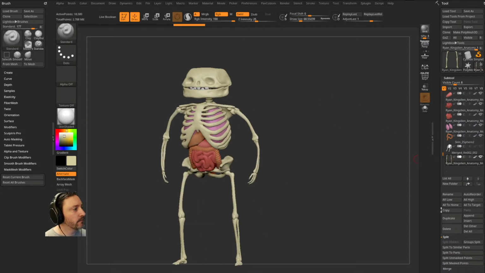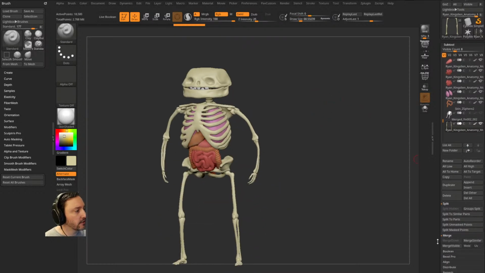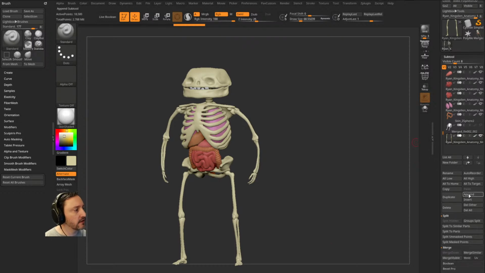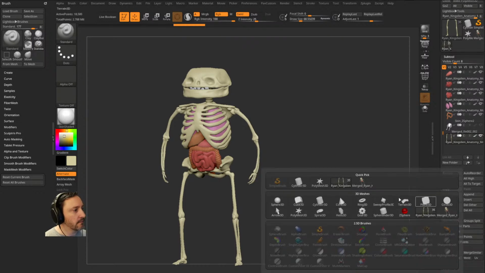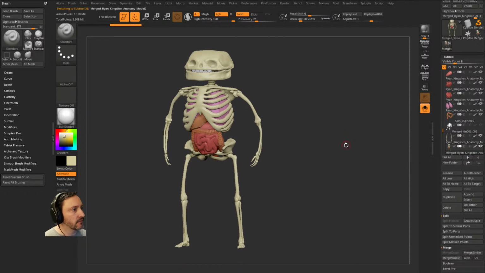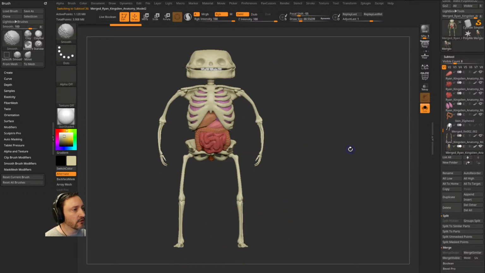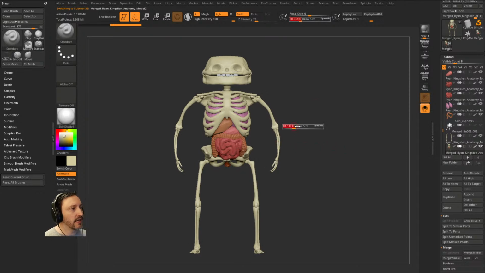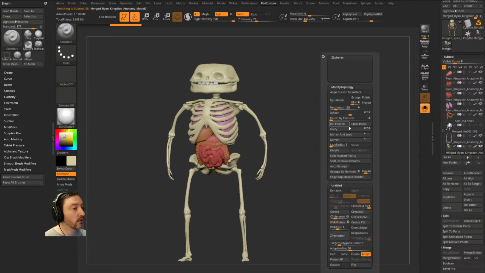So one thing we can do is we can go in here to say merge visible. It's going to merge everything in our scene. Append that merged result. Here's our merged result here. And now I have a go into solo mode. Here's everything we were looking at all as one piece. So if I want to kind of lay muscles on top of things, what I can do is I can